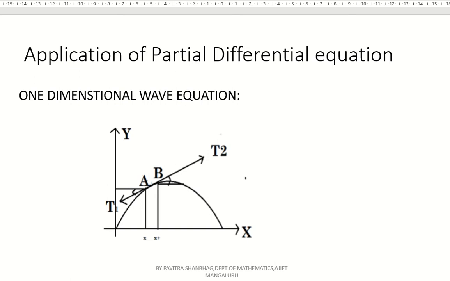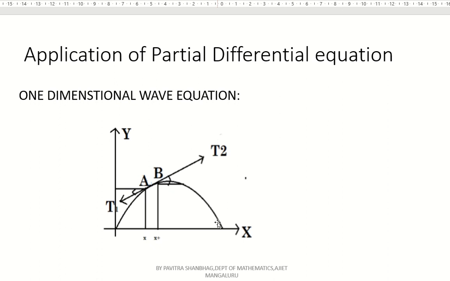Very important derivations. Both derivations are very important: the wave equation as well as the heat equation and its various possible solutions. Now for this, first we need to draw a figure. It is like this. Consider an x and y axis. Now this is one stretchable string we are fixing between two endpoints. You can name them O and A, or some other point P. It is your wish, or you can just draw a figure like this.